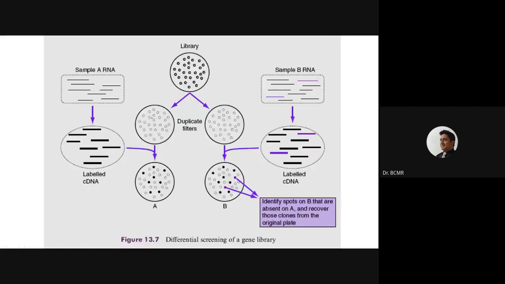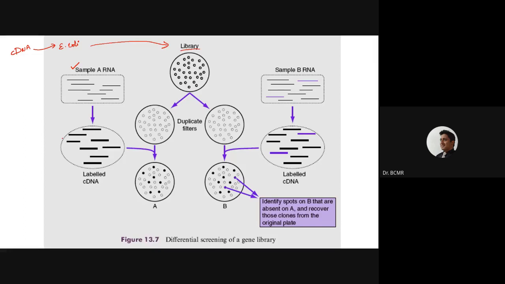So here is a library. As per the question, this is a library. That means you would have taken the genome from an organism and made a library in something like E. coli. Now you have a library. The library is plated like this. The objective is, it's usually cDNA, to find out the genes that are